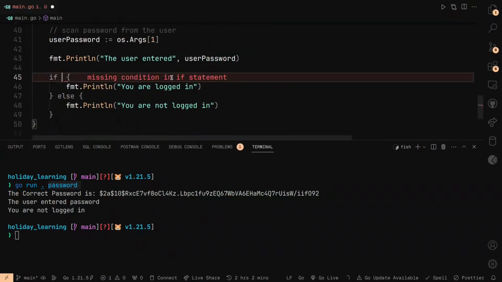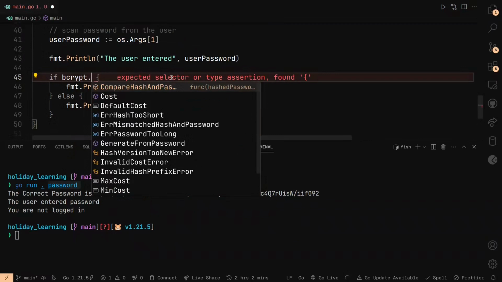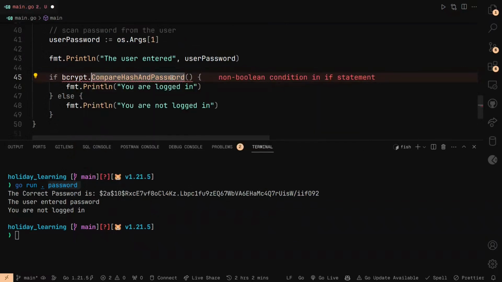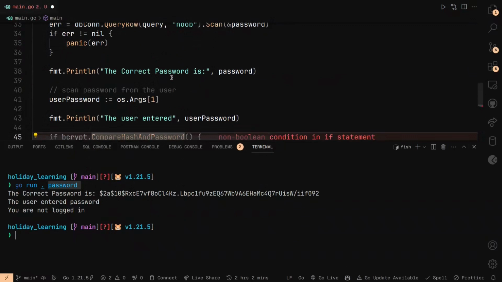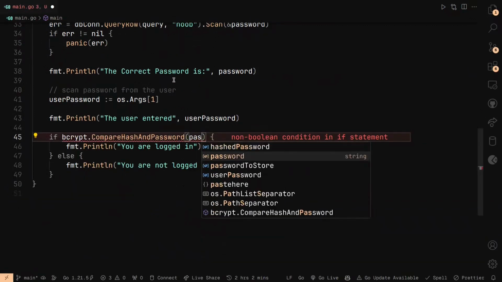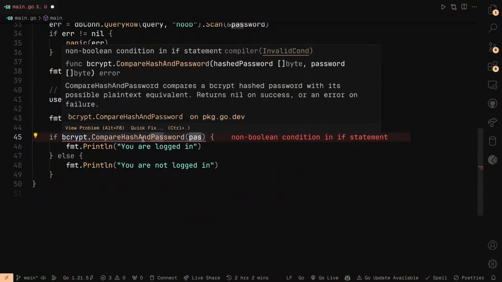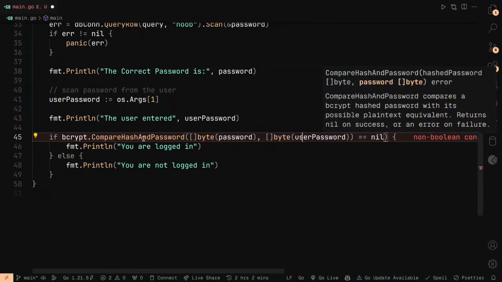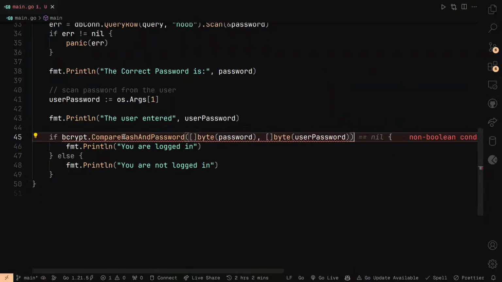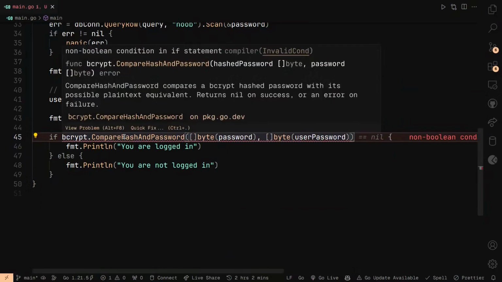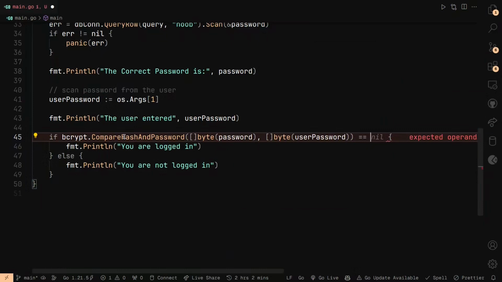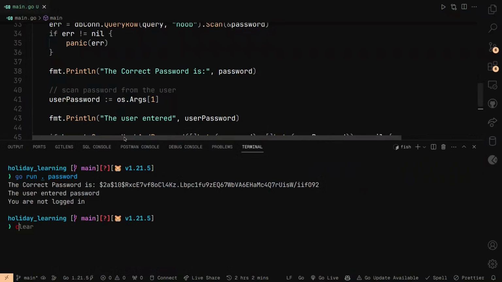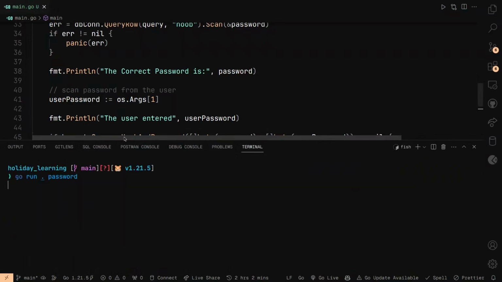So what you actually have to use is a function that bcrypt itself has provided. You can compare the hash and the password, right? So what does this take in? This takes in a byte of the hashed password and a byte of the user's password. And what does this return? It returns an error. So if that is nil, we are logged in. And if it's not, we are not logged in. So now if I pass in the password,